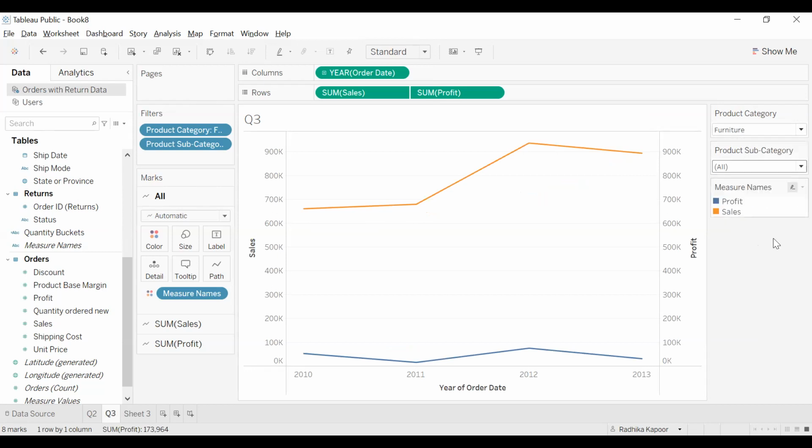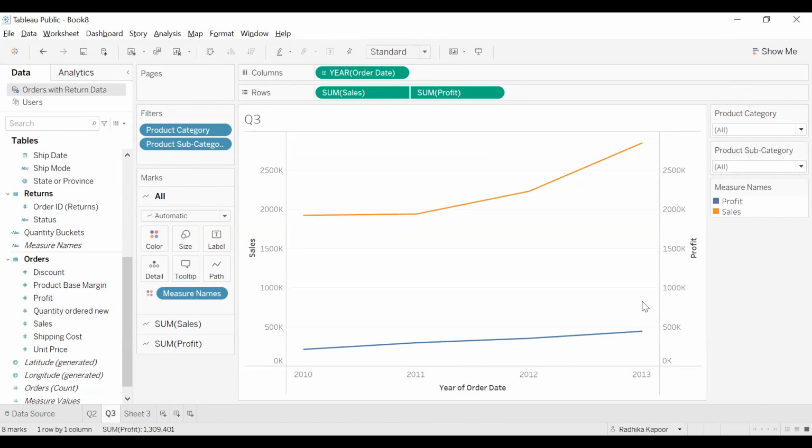Okay. And the question did not mention anything about year, so I've just taken this as year and I've made it multiple axis of sales and profit and I've synchronized the axis. Is this the right way this is supposed to be done? Right, right. Okay. All right. These are the 2 questions I have right now. Anything else, I'll just write it down to you when I see this. Okay.